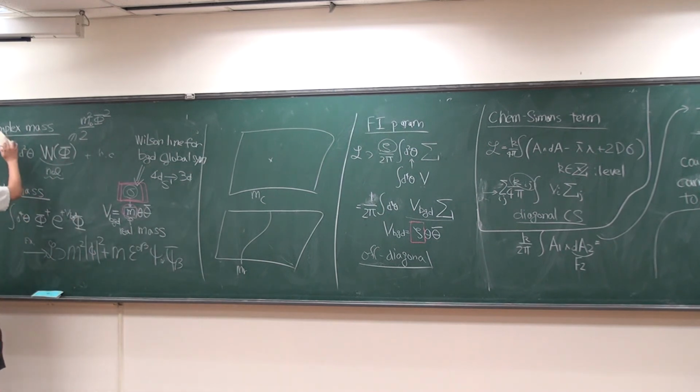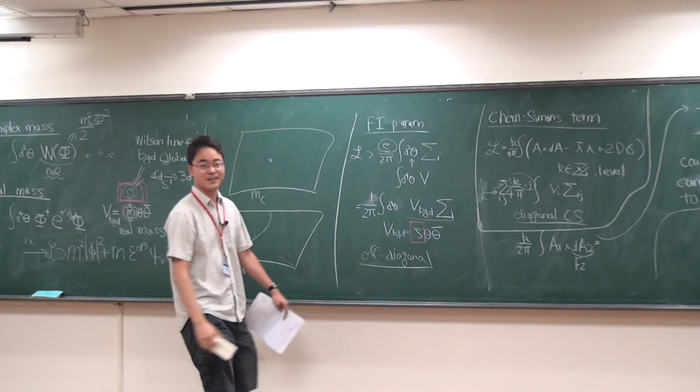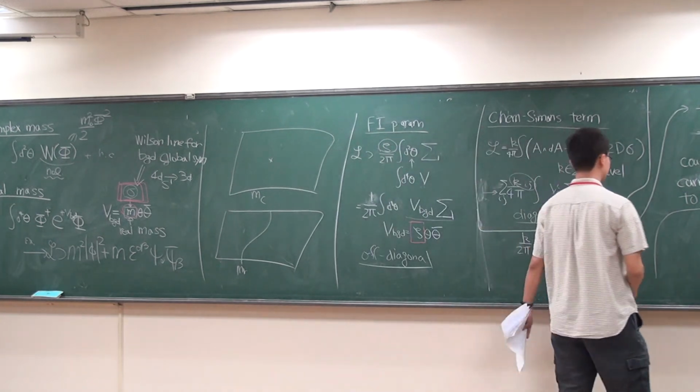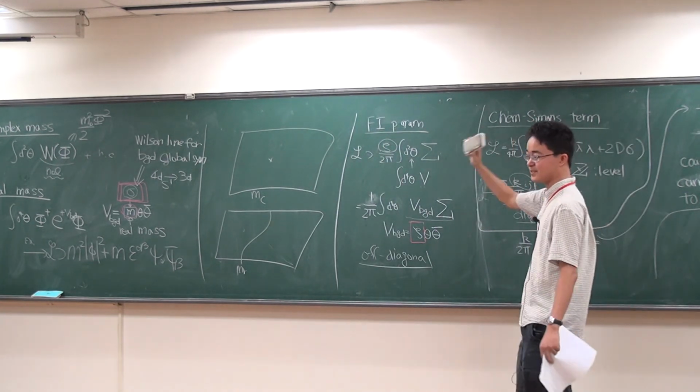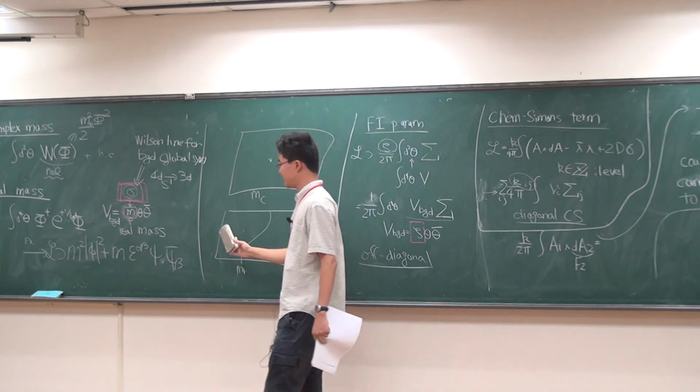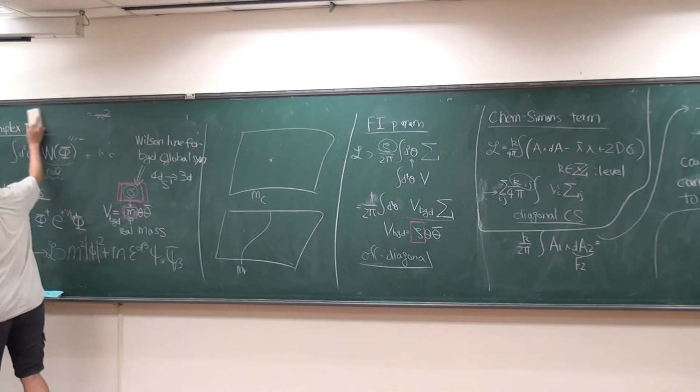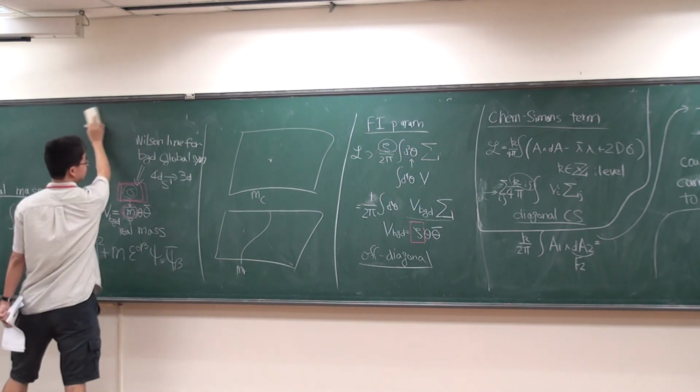So let me try to recapitulate what I said. So this is really the 3D version of this matter, but importantly, gradient, Chern-Simons, real mass, etc. And you see that interesting structure here. And what I mean by interesting structure is that there is some similarity